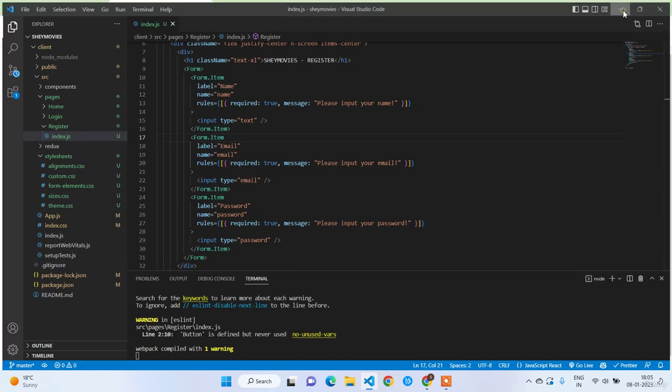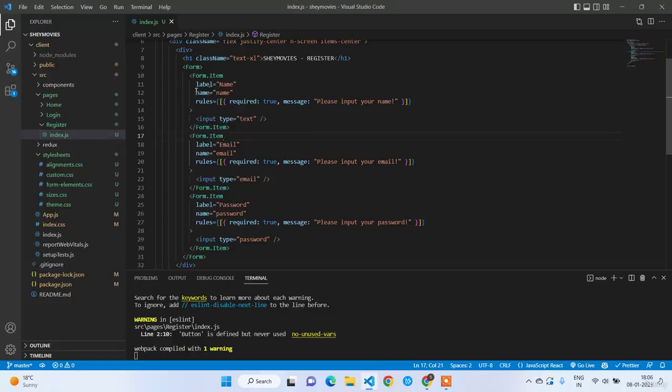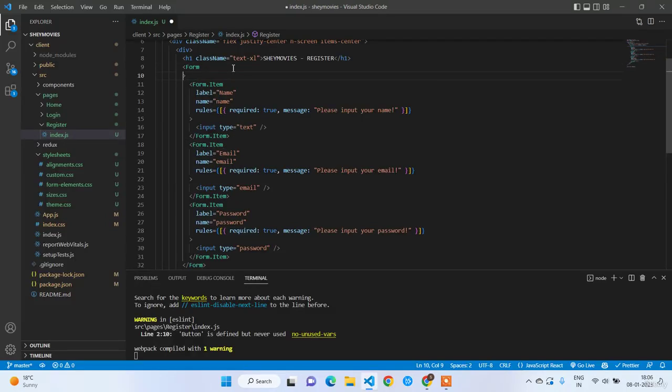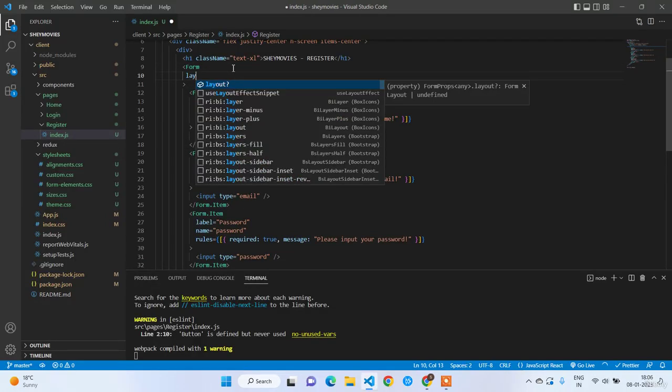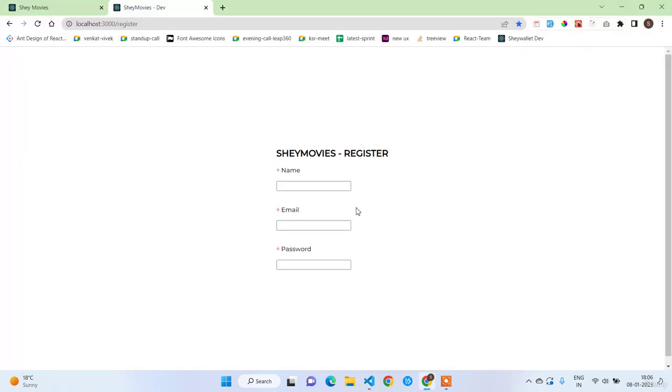Let's see how they are looking. So name, email, password. I don't want the label and input field side by side, I want them one by one. For that you just need one property for the form element, that is layout. Layout is equal to vertical. Now you have one by one. So now we just need to